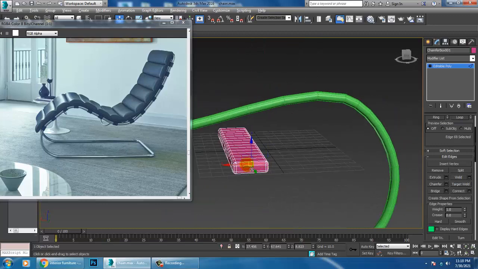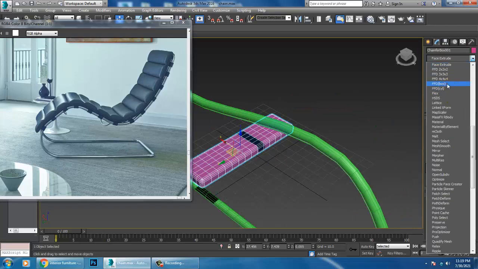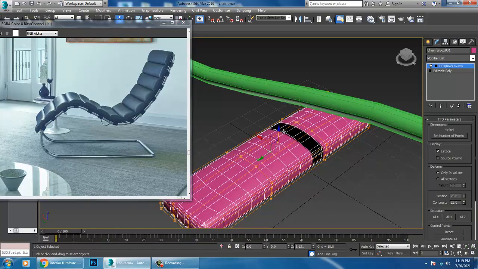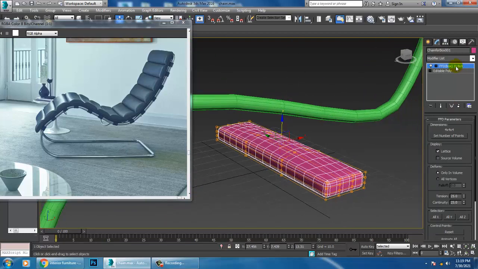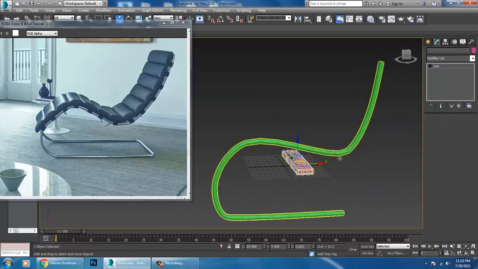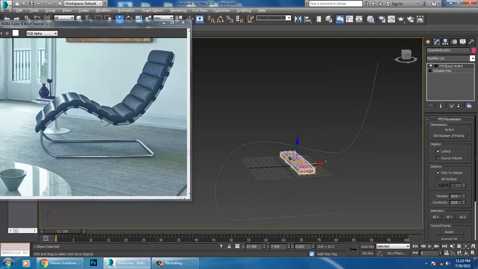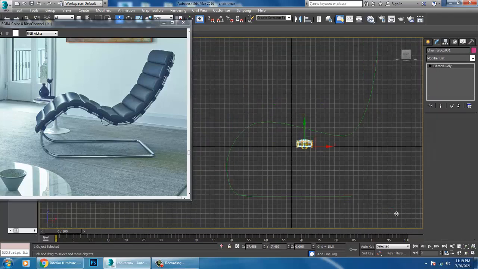Select this edge and add a few connects, and let's give an FFD box. Slightly I'm just shuffling it up. For now I'll push it in this way and convert to editable poly.